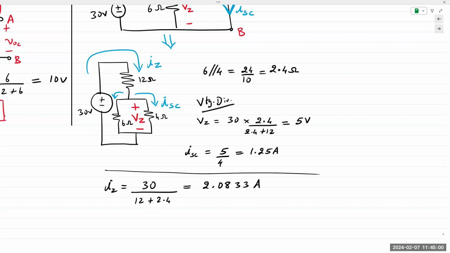Okay, IZ, which is the total current being supplied by the 30-volt source. That's the current flowing through the 12 ohm resistor. After flowing through the 12 ohm resistor, it hits the parallel combination of 6 and 4, and it splits into 2 parts. Current is being divided. I can apply current division